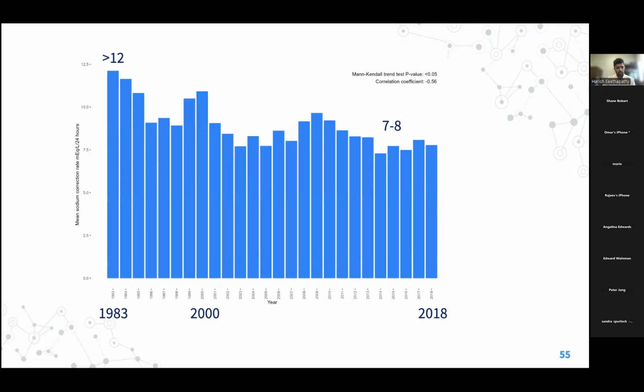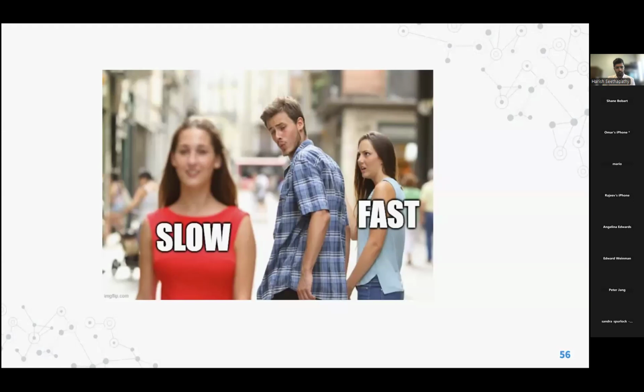Before the 1980s, our average correction rates for patients with severe hyponatremia was more than 12. And slowly, there's been some fluctuation, but slowly but surely, the average correction rate is definitely down compared to before, definitely lower than it had been by at least 3 or 4 points. And this is data from our hospital over 25 years. Each year has around 200 to 300 patients. And we definitely see that there is a trend towards lower correction rates.